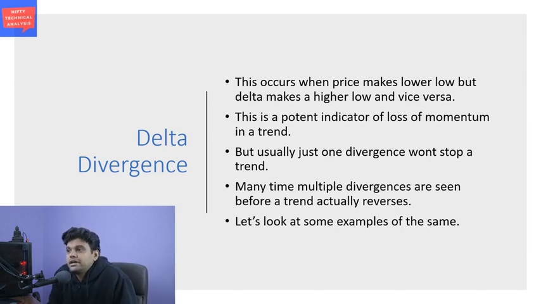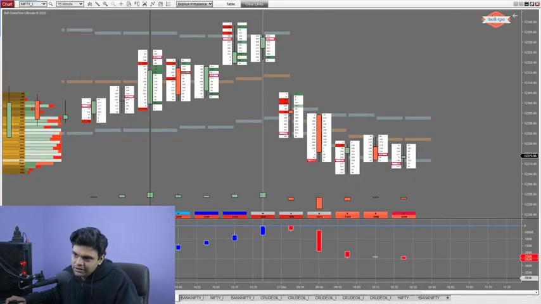This is a potent indicator of loss of momentum in a trade. But usually just one divergence won't stop a trend. It takes multiple divergences to make it clear that the momentum is waning, and then a reversal will happen. Okay, so let us look at examples of this, because an example is always a better way of understanding the